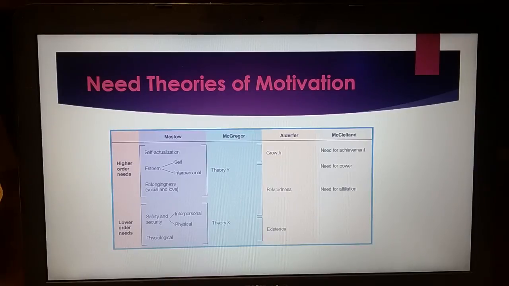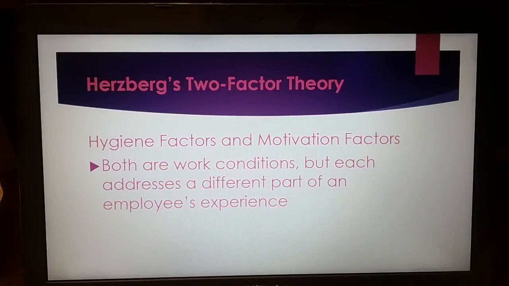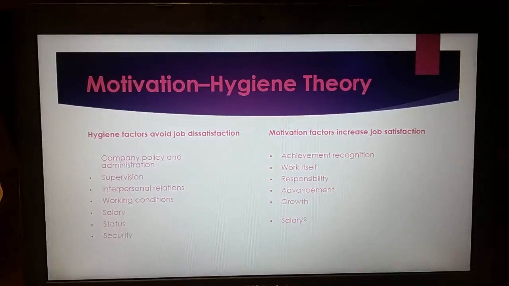Okay, speaking of that, we are moving on to another theory, which is Herzberg's two-factor theory. Essentially, there are hygiene factors and motivation factors. Both stick with work conditions, but they address different types of people's experiences with it. So let's take a look here. Okay, hygiene factors